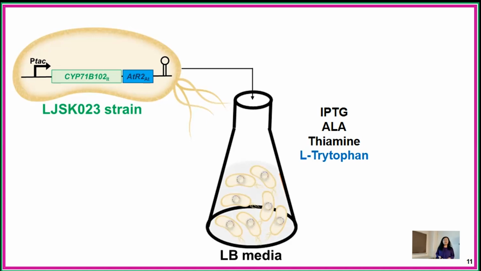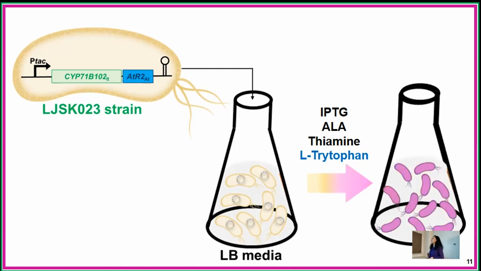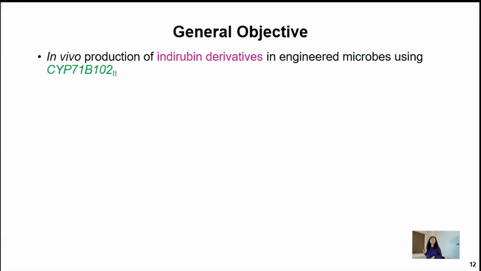So we were expecting more of a blue color because that's the main product that's supposed to be formed. But to our surprise, instead of blue, the whole culture turned pink. So this is the color of indirubin. So what we did was we used the same system now to test whether this same system can produce indirubin